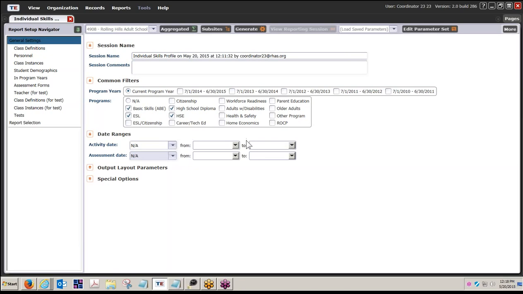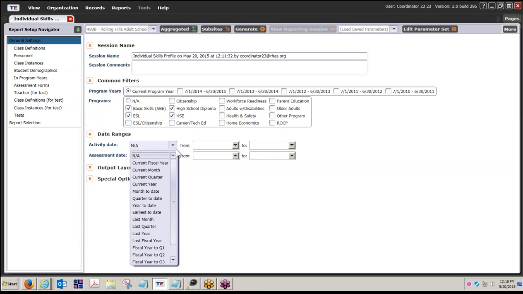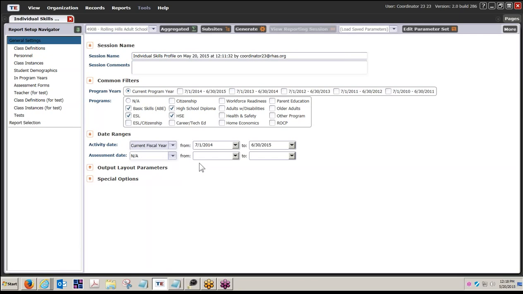By selecting a specific interval, the after and before values are automatically filled with corresponding dates. For example, for current fiscal year, the after value will be the July 1st, 2014 date, and the before value will be the June 30th, 2015. Now, the output layout parameters